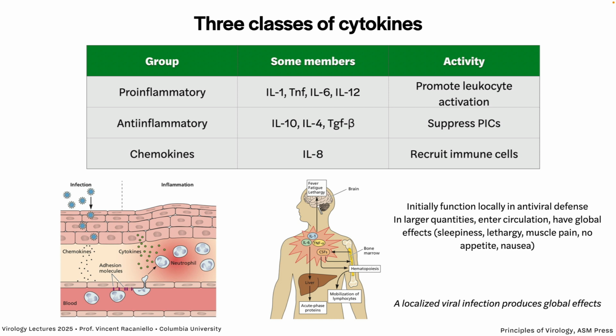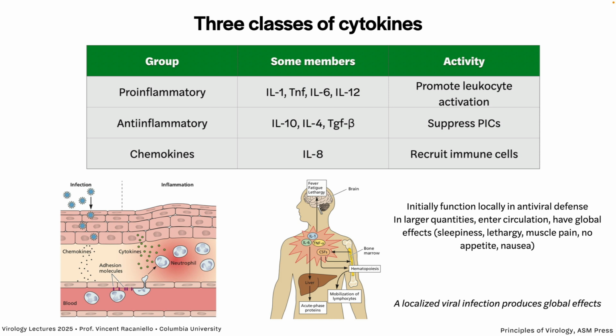We have cytokines that are involved in inflammation. There are 3 groups. There are some that we call pro-inflammatory, like, famously, TNF, IL-6, IL-12. So the late phase of COVID involves an inflammatory phase. And one of the therapies was giving patients an antibody to IL-6, because this is driving inflammation. When I say it's driving inflammation, it's causing all these activities that we listed in the previous